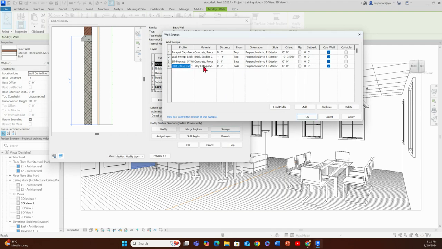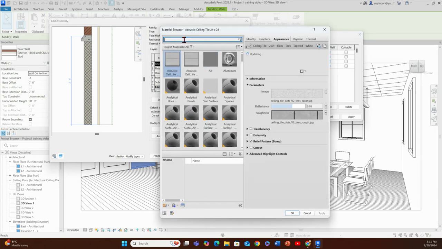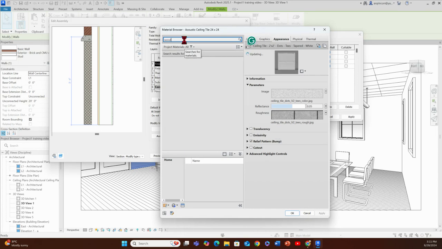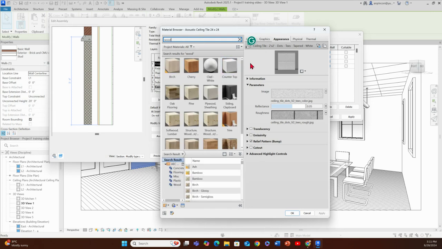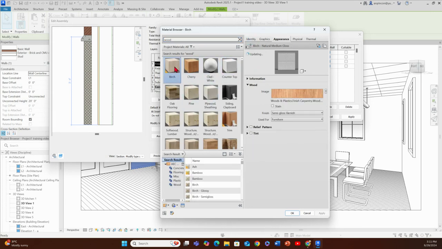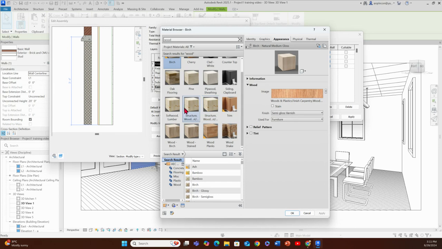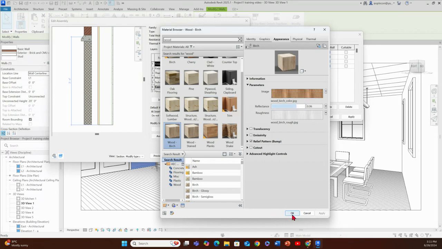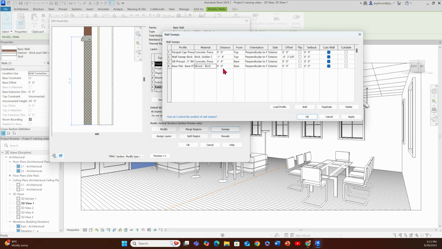Okay, base flat, and then there's the material. You can add the material right away. I'm going to look here for wood. I can add pine or birch. I can add a color, or a white one, or something different. Like wood, birch, this one, a little bit more obscure. So I'm going to go here to OK, and also before we apply it,